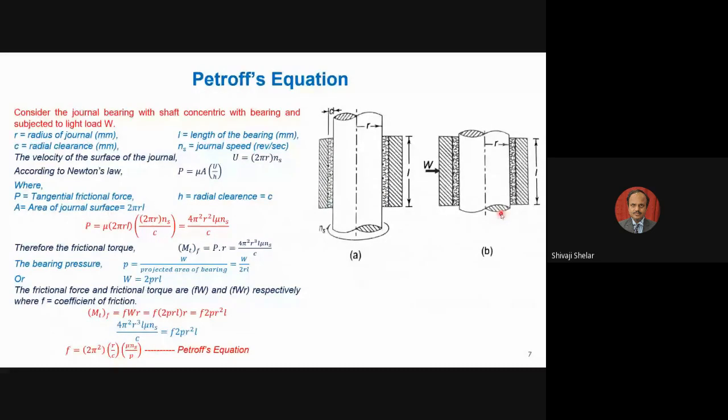You have to draw this diagram. You can draw it in a horizontal manner or a vertical manner, no problem. This is a front view and this is a top view. It is understood. This is a hydrodynamic journal bearing having length L, and this equation will be used. We are going to use this equation in the selection process of hydrodynamic bearing.